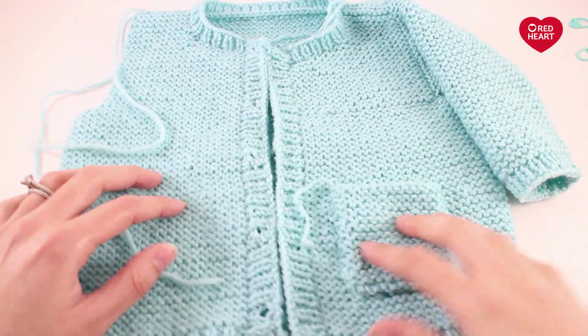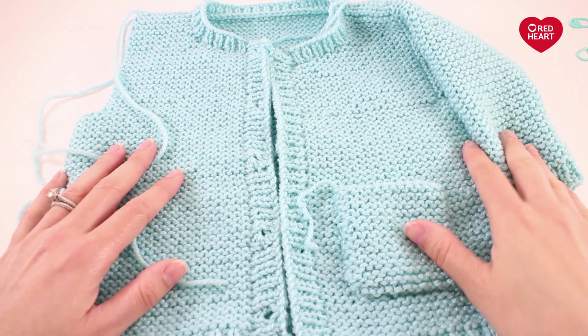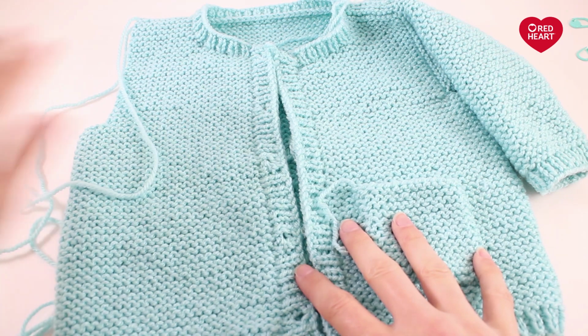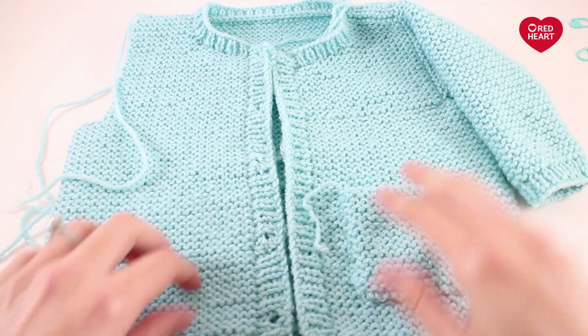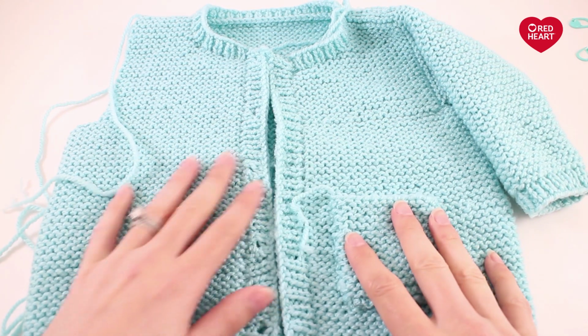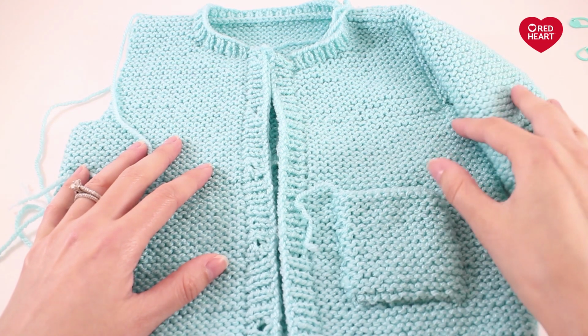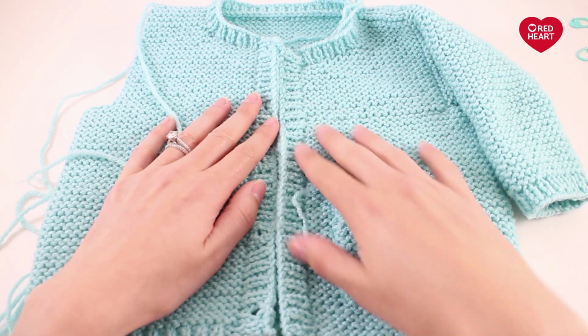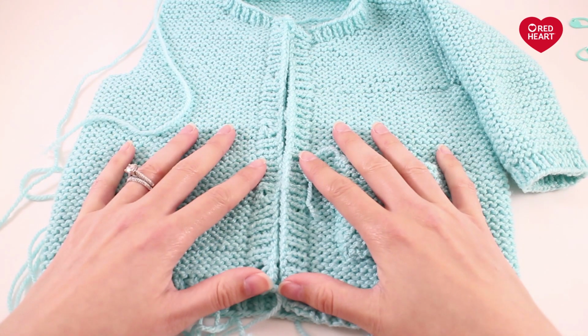Now before we wrap things up, I do have just one more tip to give you. Of course, we need to finish working everything. I still have a sleeve to do and another pocket to make, and I will sew those and attach those just as we've covered here in the video, so you'll need to do the same. My biggest tip is that you block your sweater